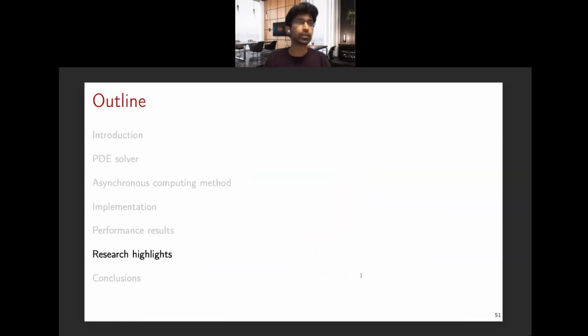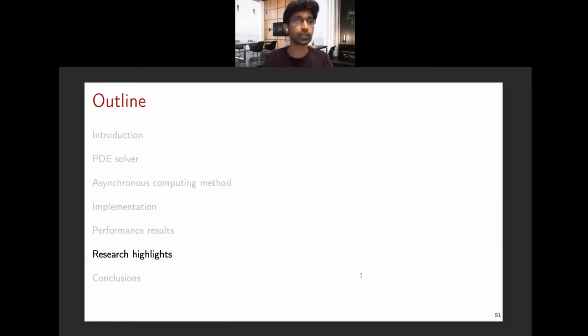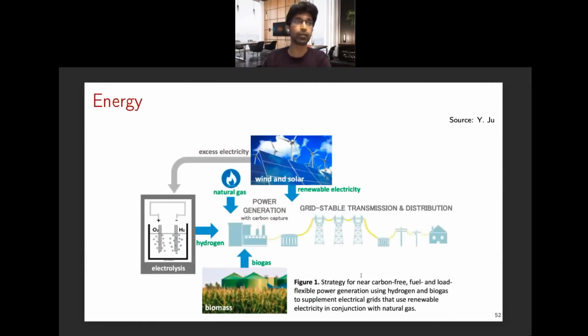So with this, I finish the performance results. I will be discussing any questions on this towards the end of the talk. I will just take 5 more minutes to also explain the research highlights from our lab. We are working, in addition to asynchronous computing, on a problem related to energy. So here in this slide, I show you